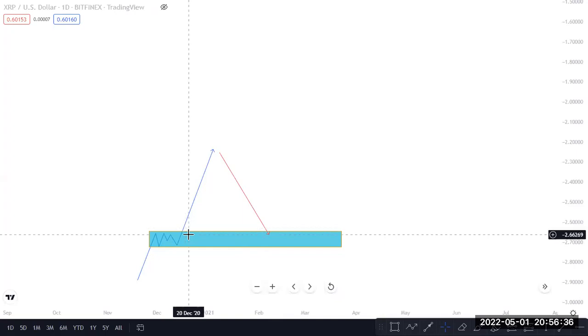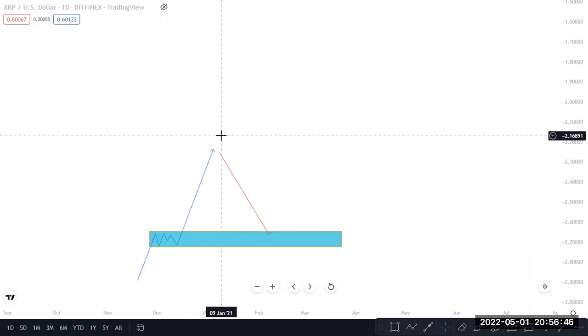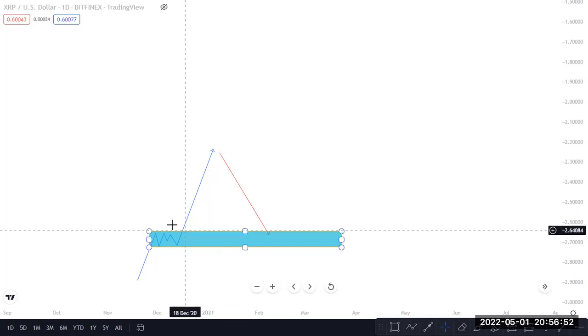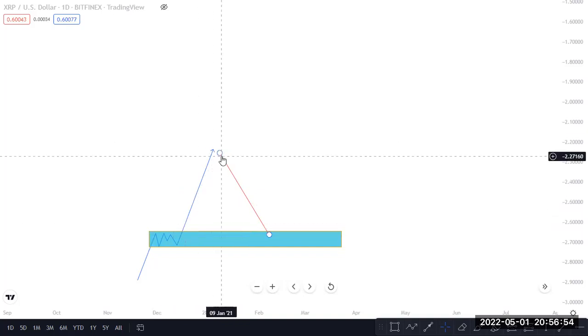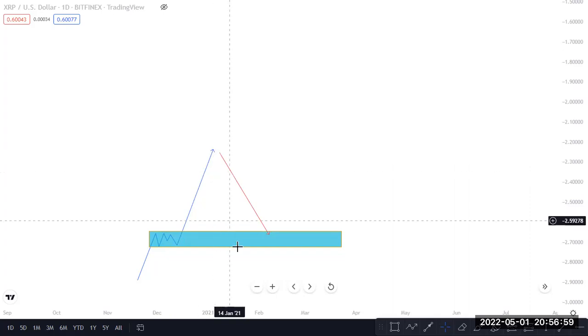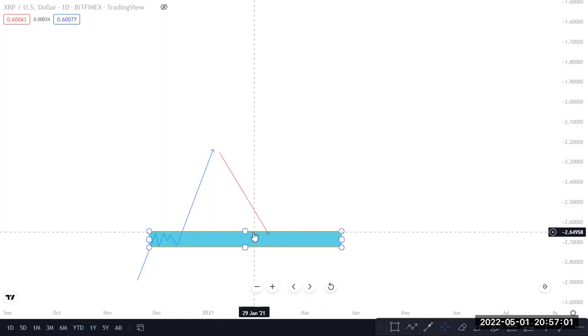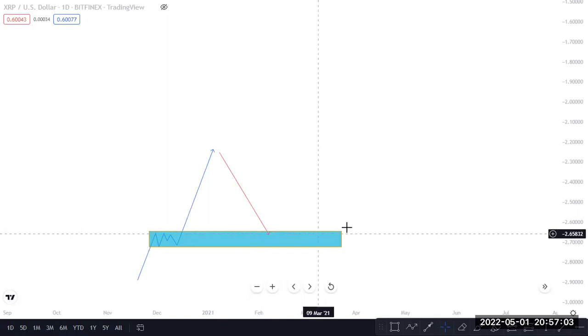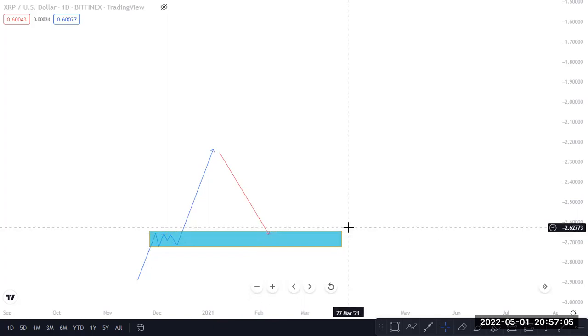Number one is that we've got the high market influencers, the banks and the institutions. So when we see this aggressive rally in price, it means that at the equilibrium before the rally in price, they had their orders in this consolidation. So, studying how these institutions and banks trade,